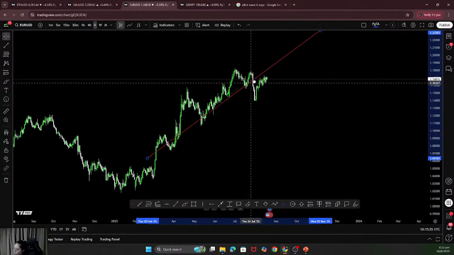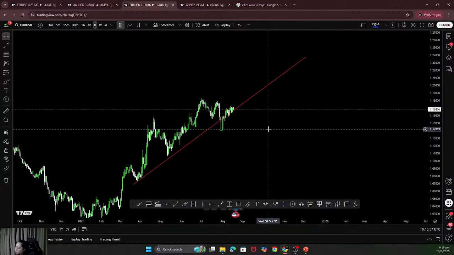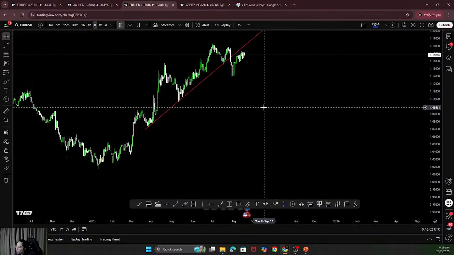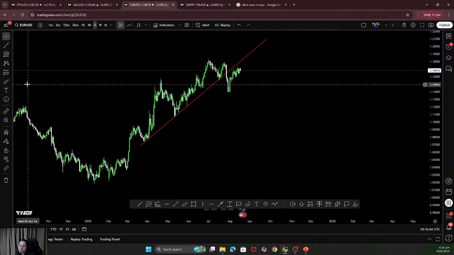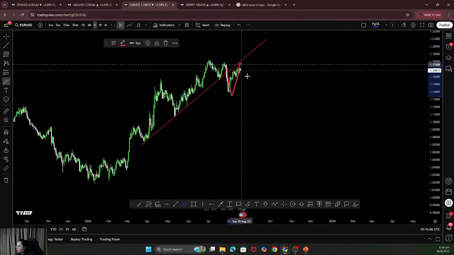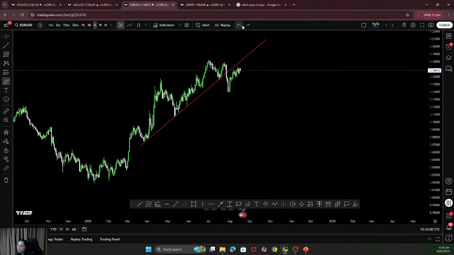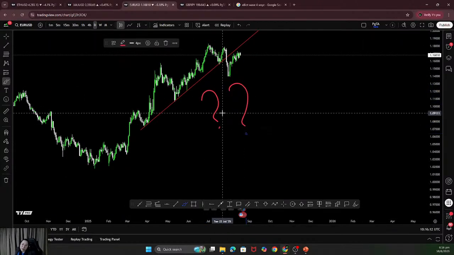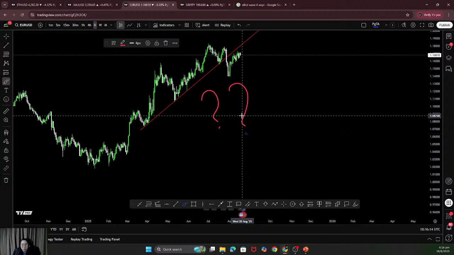But if I draw the trend line this way, then it looks like we are on a downtrend, right? It looks like there's a breakout and then we're on a downtrend. So are we on an uptrend or a downtrend? Question mark. That is a very dangerous game to play, because like I said,